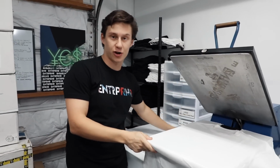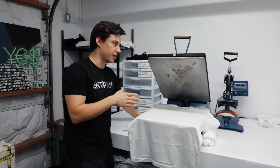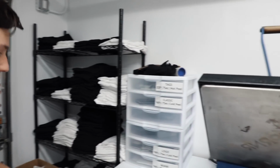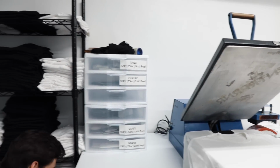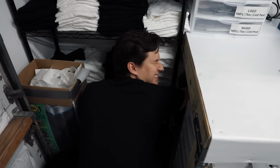This is the way they did it back in the 90s. This is actually a retired press from an Adidas factory, so I'm told. And it's American made, everything's mechanical in it, there's no electrical parts, so it hasn't given us any problems, and the only problems that it does give us, we can fix in 2 seconds because everything's mechanical. I love it. So I'm gonna go ahead and turn on the air compressor,